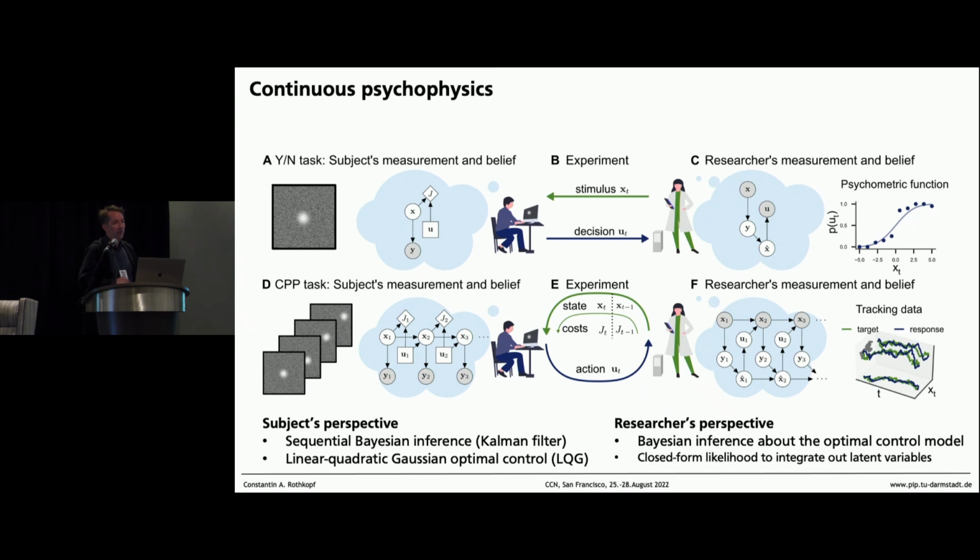And now we have to transfer this to sequential perception and action. That is not necessarily totally trivial, so we had to work quite a bit to get an analytic solution to this, that we can then also do inference with using probabilistic programming. Again, Dominic will tell you more about that.